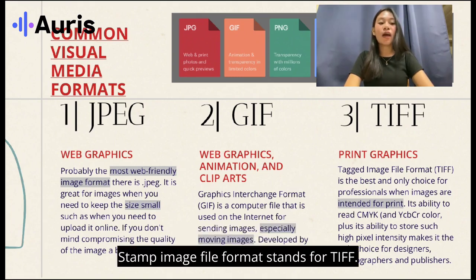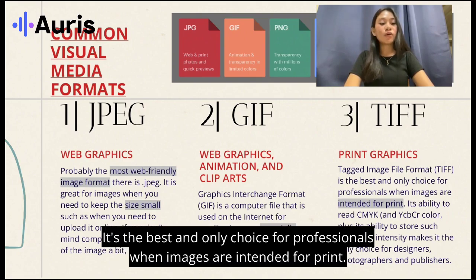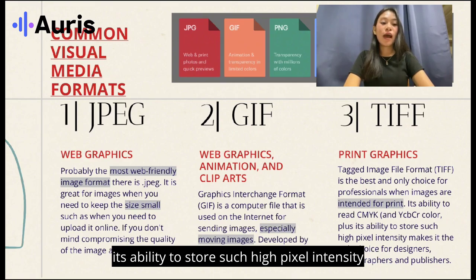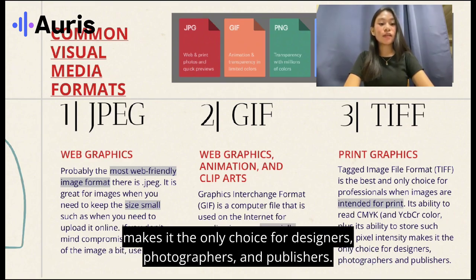Tagged Image File Format stands for TIFF. It's the best and only choice for professionals when images are intended for print. Its ability to read CMYK and YCbCr color, plus its ability to store such high pixel intensity makes it the only choice for